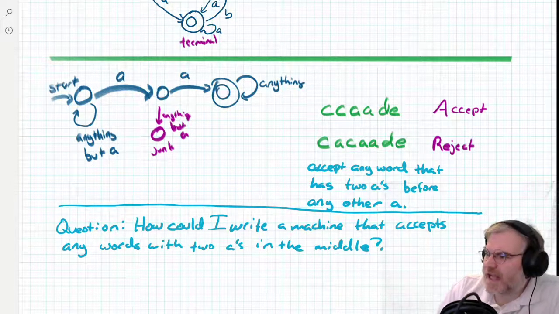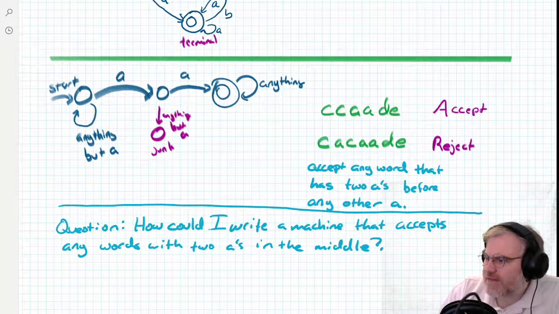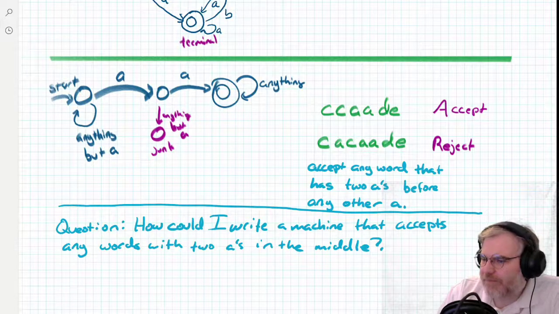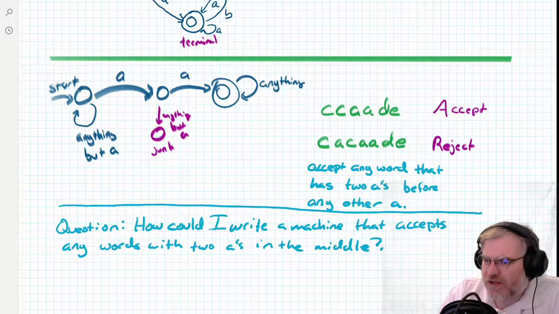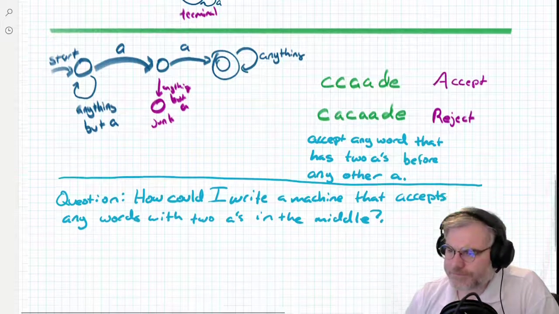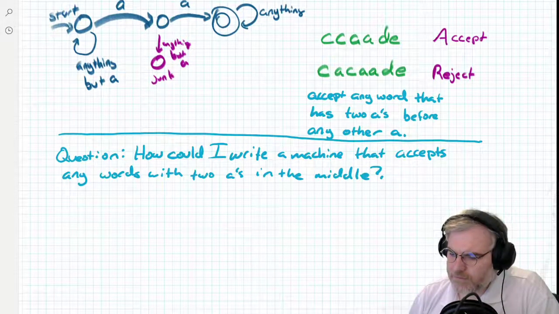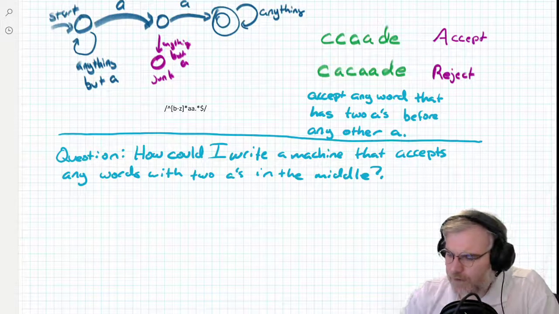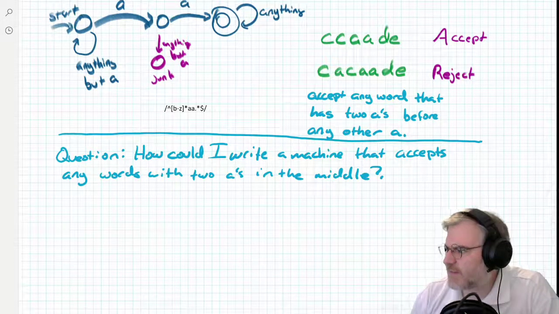Well, I need some state, but what do I do if I get there? You're correct in one sense, right? So the idea is an arrow going back from junk to another state. Well, that's kind of the idea, except why don't I just skip the junk altogether? Why don't I just skip the junk? Why don't I do the exact same thing I did here?